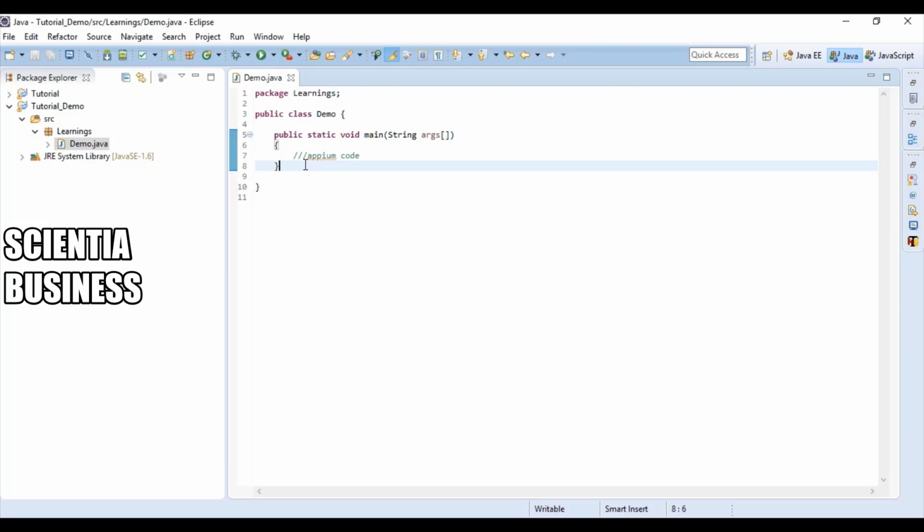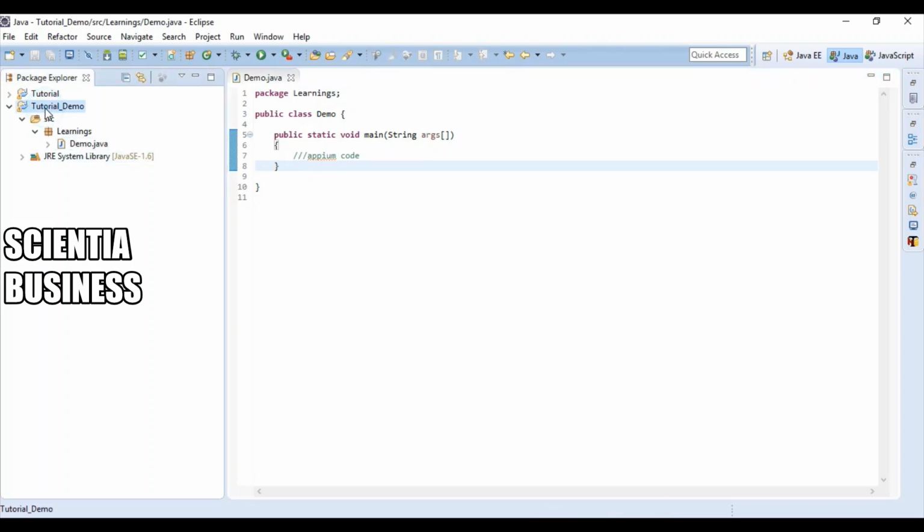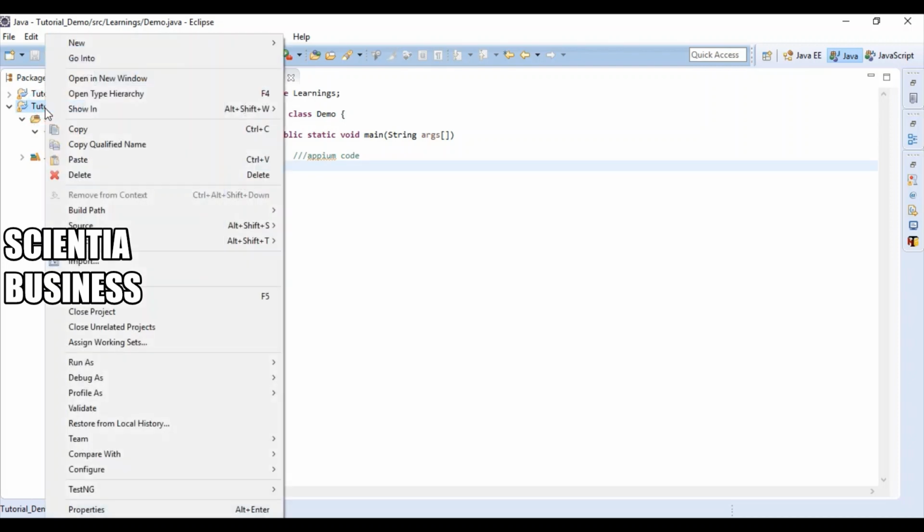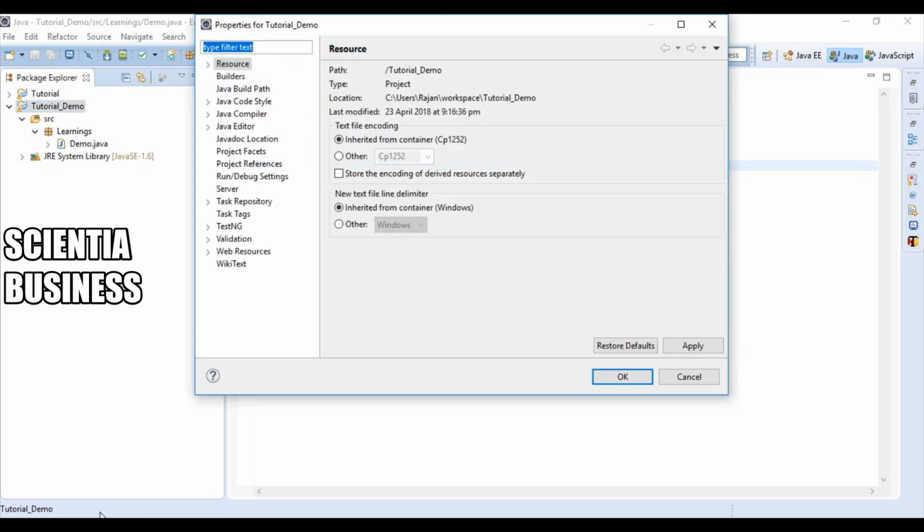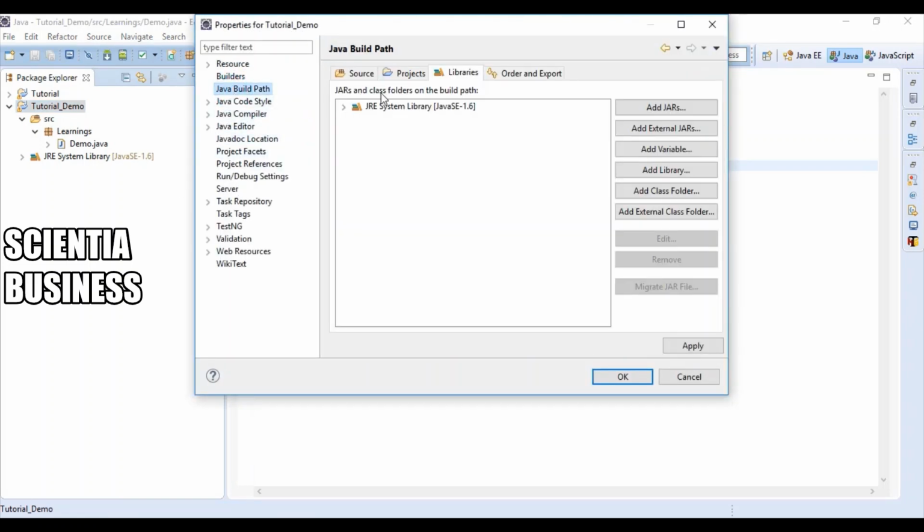So in order to integrate the APM Java client with Eclipse, we need to go to the project's build path. How do we go to it? Just right click on the project, go to Properties, and here you will find the Java Build Path. Inside it, click on the Libraries tab, and then click on Add External JARs.